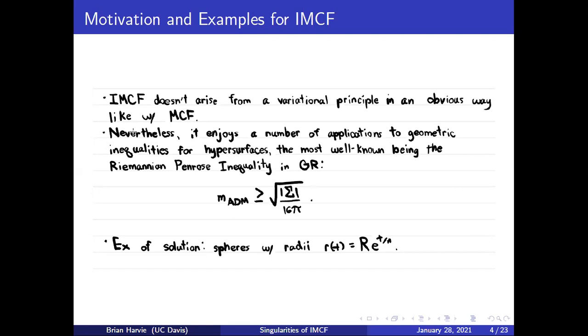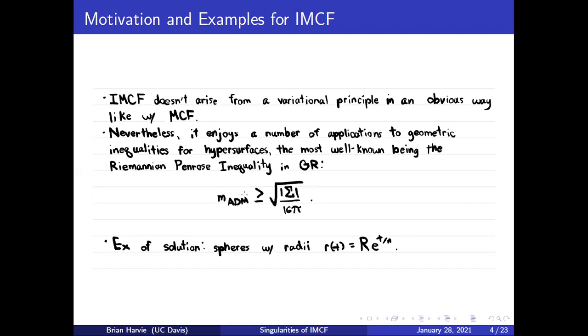Either way, it has many applications in geometry and topology. For example, you have tons of geometric inequalities coming out of studying the inverse mean curvature flow. And probably the highest profile of these is the Riemannian-Penrose inequality in general relativity. I didn't fully qualify everything that I meant when I wrote this inequality down here, but if you have